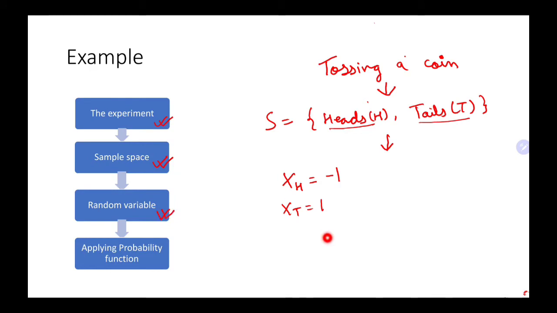Now, at last, the probability function will take the value, and we know the probability of getting heads is half. Again, it will take another value of the random variable, that is 1, and it will give the value of half again. So this is what the probability function does. It will take the value of -1, and we know that -1 is nothing but getting heads, and it will assign the value of half. Remember that the domain of the probability function here is the random variable. Hence we are now done with applying the probability function and getting the probabilities.